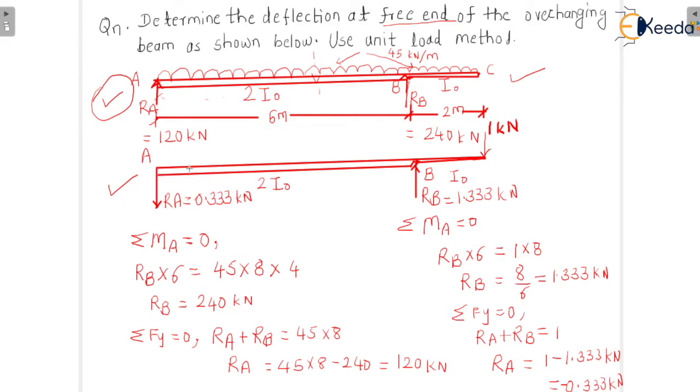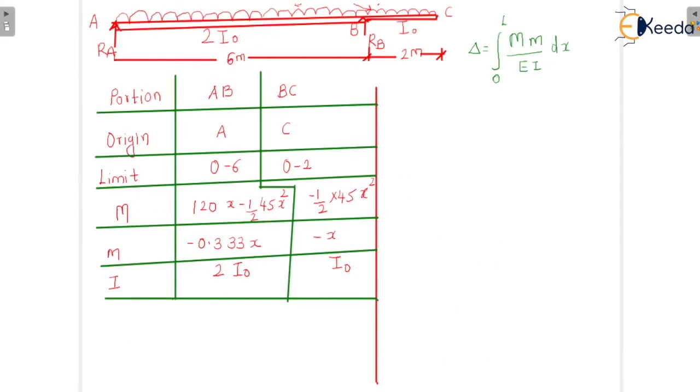Now, as per our convention, sagging moment is positive and hogging is negative. So let us see a table where we see the portions of the beam and at each portion what the moment is, because we have to substitute these values in the unit load equation. So let us see a table. So this is a table over here. In this table, two parts of the beam are there, part AB and part BC, ABC.